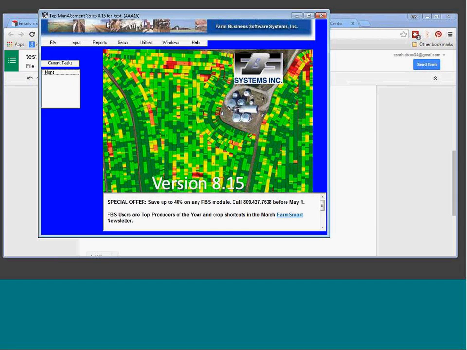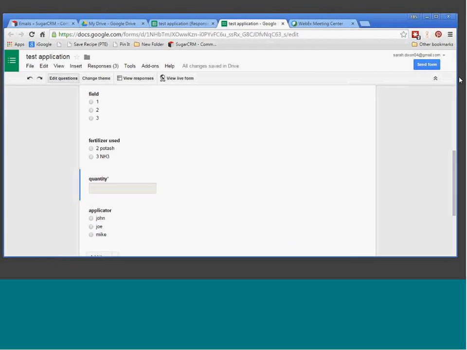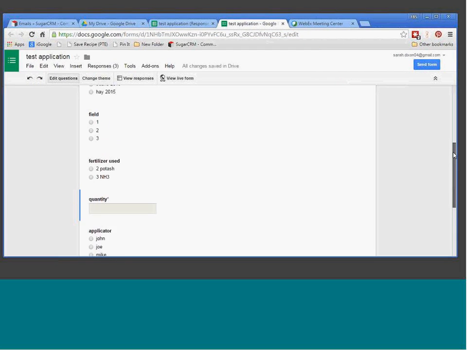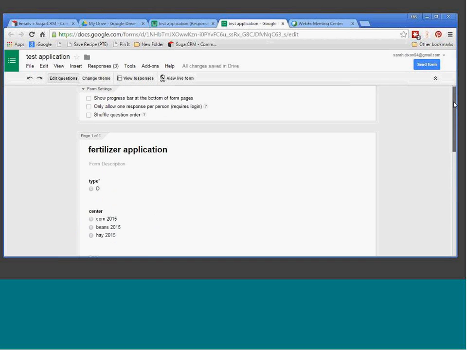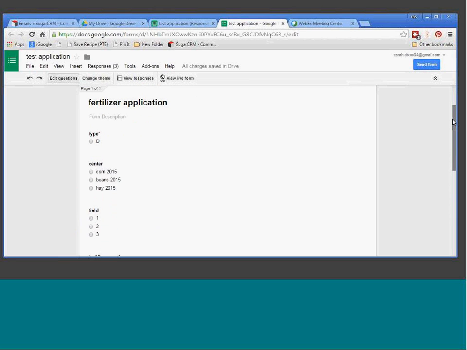Some of our users have really been thinking out of the box to get that spreadsheet that they use for the TA Plus import export, using a free form out of Google. I have a demo form here. You can make these forms in Google, and then you send them to your operators who have a smartphone or a tablet or a laptop in their machine with them, and they can pull up this form anywhere they have internet access and send it to you,